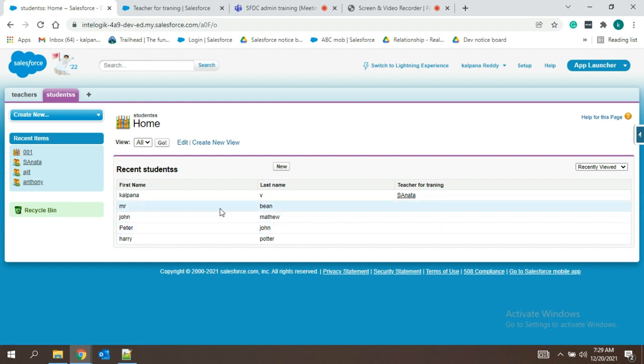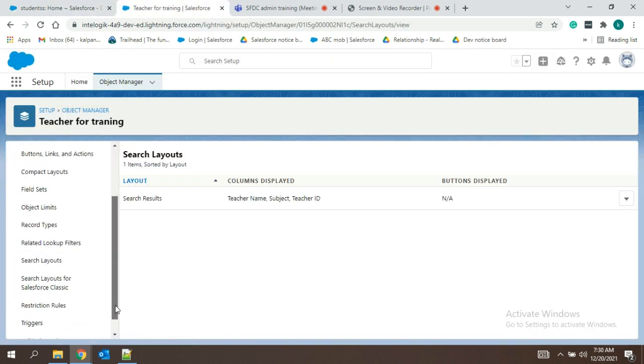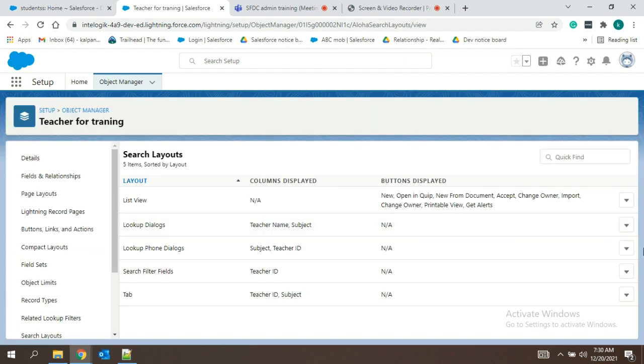And why it is looking like this might be your question, because this is not using the search layout. It is using the tab layout in the search layout. Okay, in classic the defaults are a bit different. It is not necessary for you to remember each and everything, but you should be able to understand that this filter is also there, this can also be modified. This you should always remember. Okay,